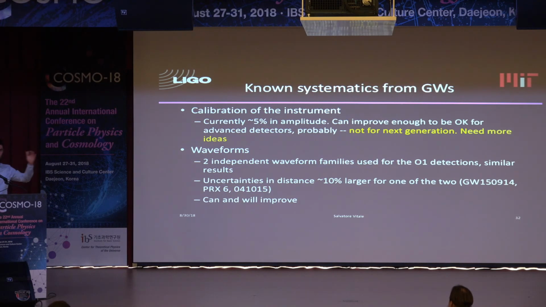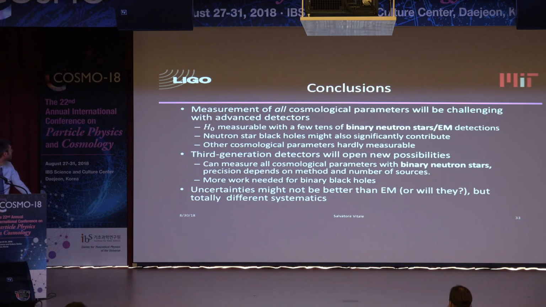So one posterior was roughly 10% larger, although they were still centered at the same position. Now, I'm not very worried about this because waveforms can and will improve. Actually, as a matter of fact, this has already improved since 2015. All right, I'll stop here with my conclusions, which is that theoretically and practically, very soon,